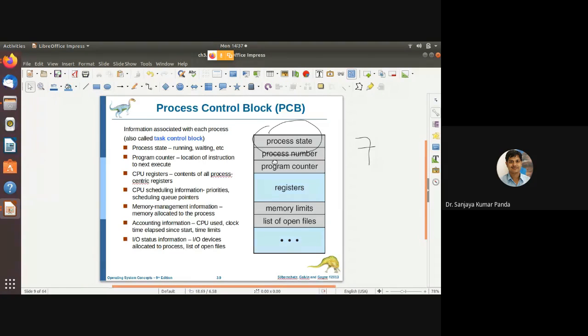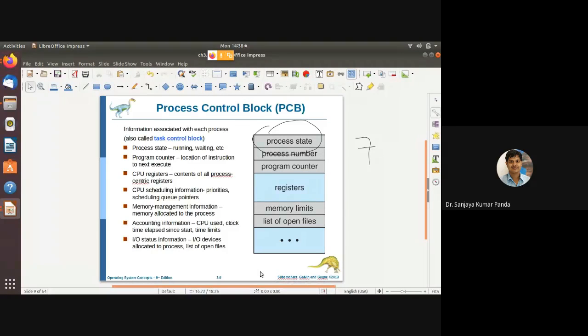Then the program counter contains the next instruction. Whatever instruction you are executing in the computer, the next instruction's address is stored in the program counter. For example, if you are executing the 5th instruction, then the 6th instruction's address is present in the program counter. To save partial or temporary results, we use registers. A particular memory space is occupied by that process, and whatever files are linked to that process are available here as the list of open files.